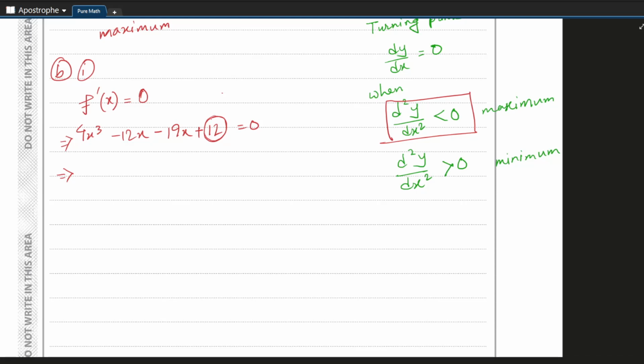For 12 we have 1 times 12, 2 times 6, 3 times 4, and we have to take both positive and negative. So starting with x value of positive 1,